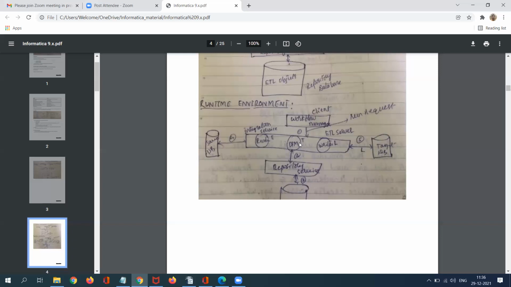Running is nothing but taking data from source, transforming as per the requirement, and loading into your target database. This is where ETL comes into the picture: extract from multiple sources, transform as per the business logic, and load into your target table. This is how it will help.